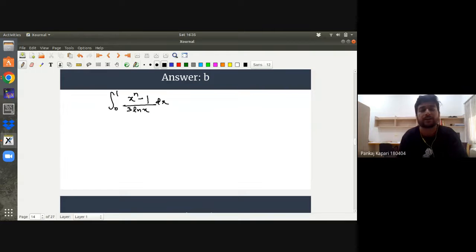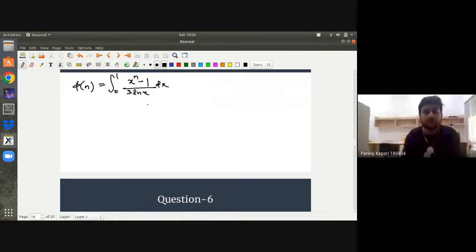Again, note that this integral will depend on the value of n, because after integrating with respect to x, this will depend only on n. So this is actually a function of n, so we can call it phi of n. Okay, so now we'll apply Leibniz rule. So what Leibniz rule says, we just differentiate this function with respect to n, that is d by dn of phi n, which is phi prime n. And this Leibniz rule says that